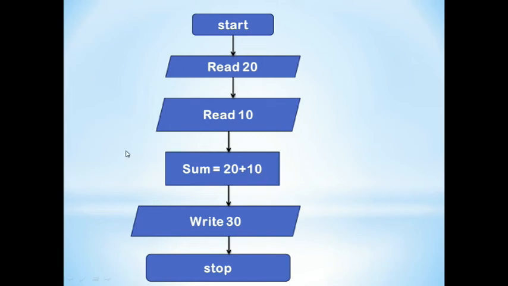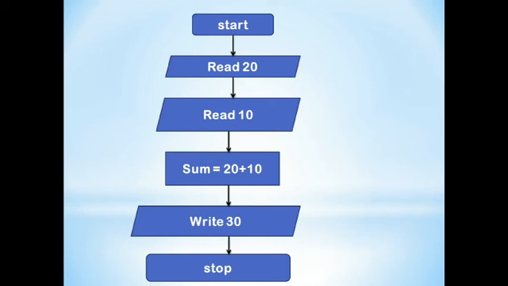Only left to right or top to bottom. Bottom to top and right to left are not allowed. That is the first rule. Either we can draw a flowchart from top to bottom or from left to right, but right to left or bottom to top are not